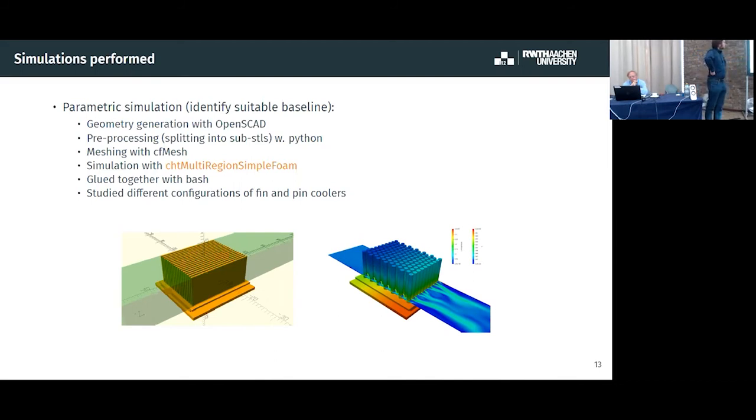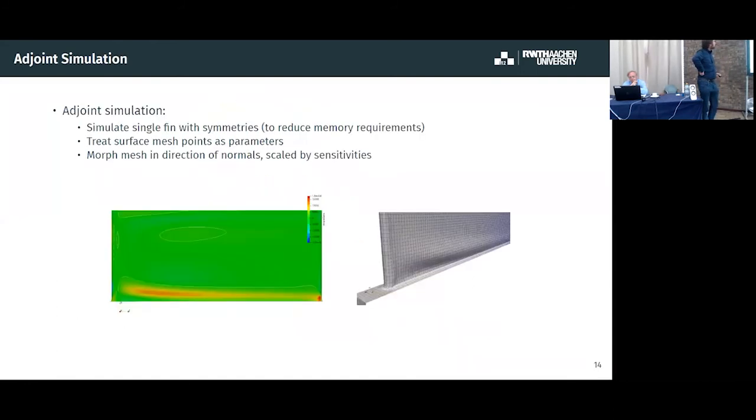For the pin coolers, we decided, okay, the results in terms of heat transfer are really cool, but we can't afford the pressure loss we get in order to be competitive with the rib cooler. So we decided to just carry on with the rib cooler. And then we did adjoint simulation to reduce the complexity, because we saw that if we had this uniform spacing of